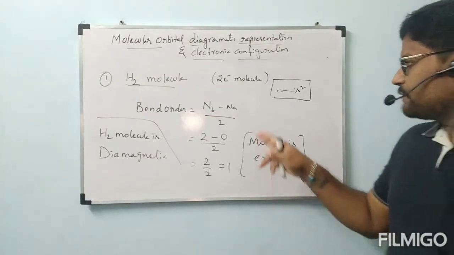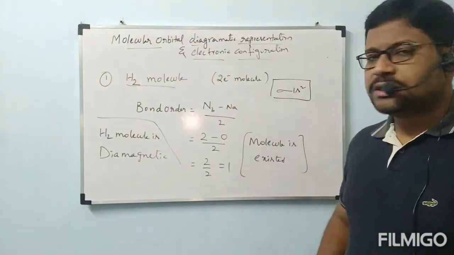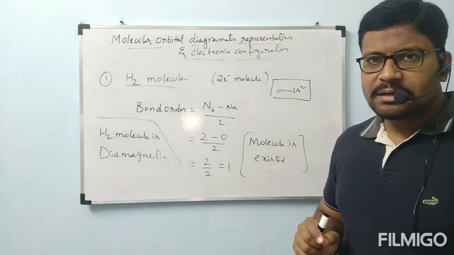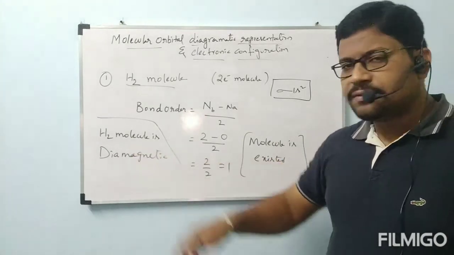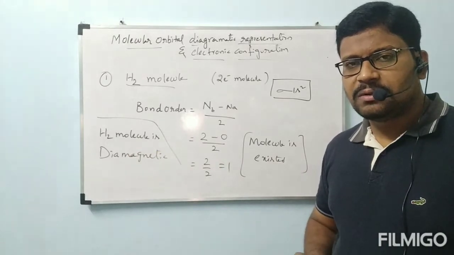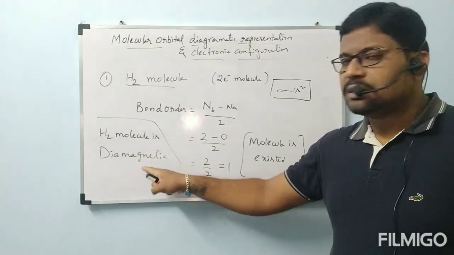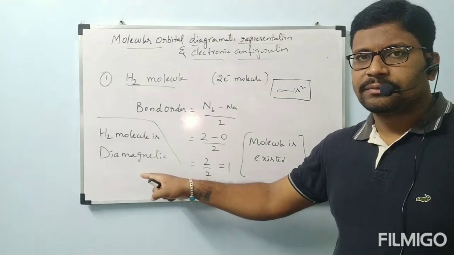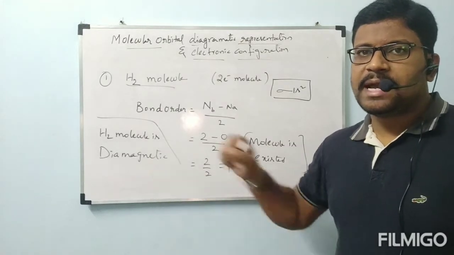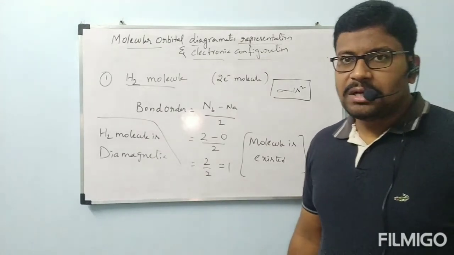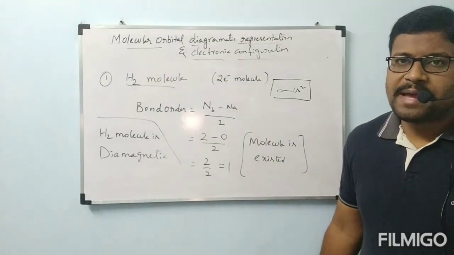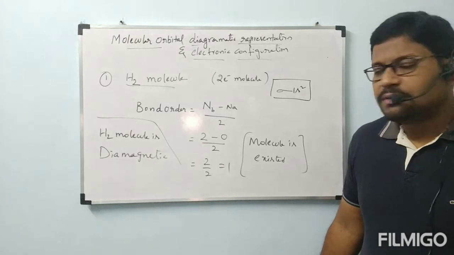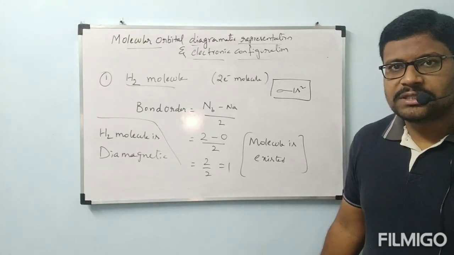After writing the diagrammatic representation, did we see any unpaired electron present in the H2 molecule? No chance. If we have no unpaired electron present in the molecule, then that molecule is diamagnetic in nature. That is the magnetic property. If a molecule has 1 or 2 unpaired electrons, then the molecule is said to be paramagnetic in nature. We will get an example of that, no problem, and at that time we will stress that.